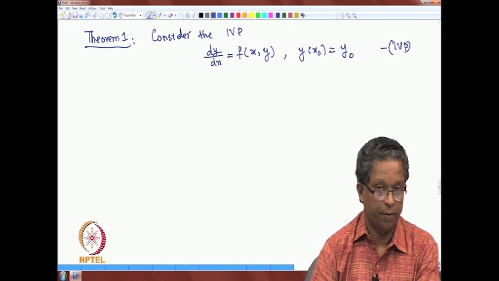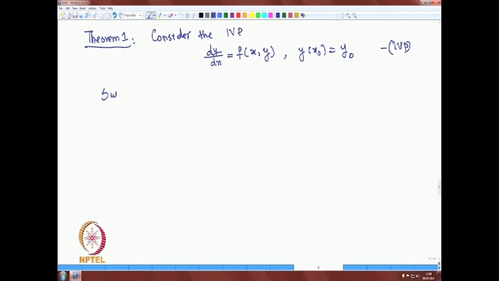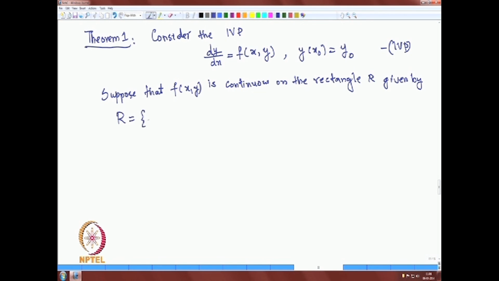Suppose that f of x, y is continuous on the rectangle R given by R is the set of points x, y such that modulus of x minus x0 is less than or equal to a, and modulus of y minus y0 is less than or equal to b,